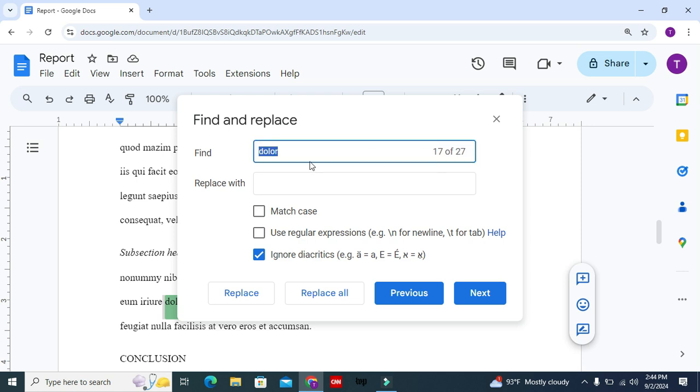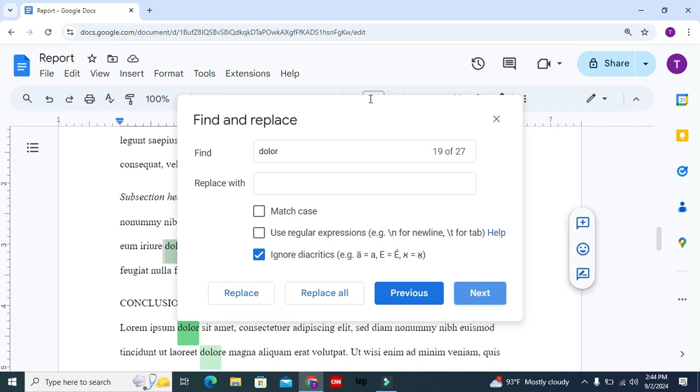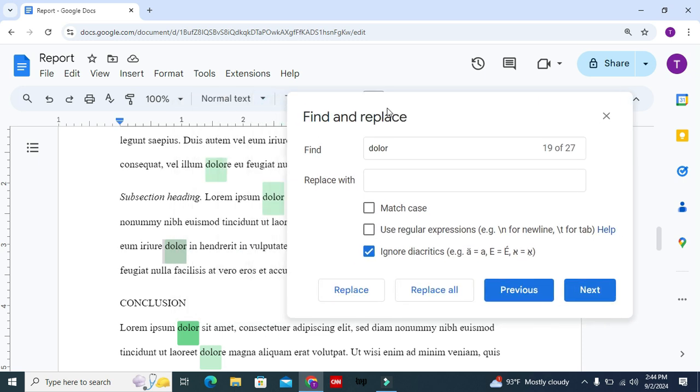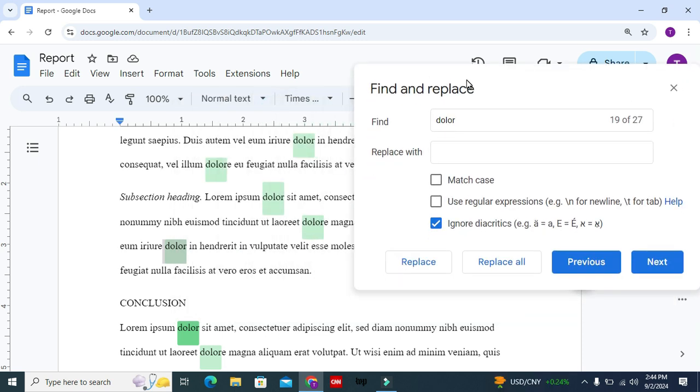If I click on next, it will show me the next dollar word.